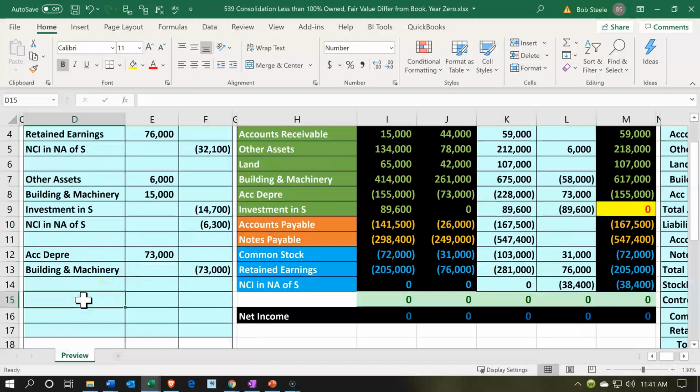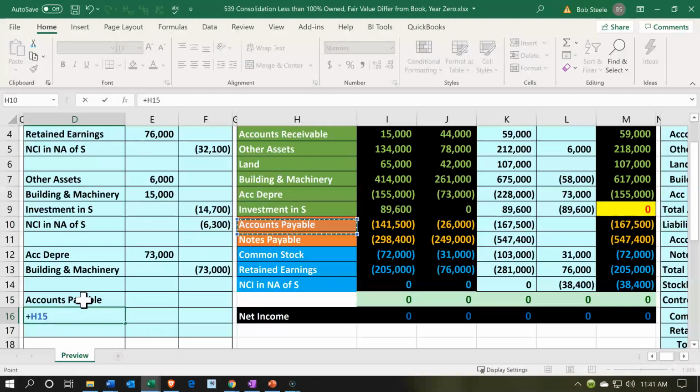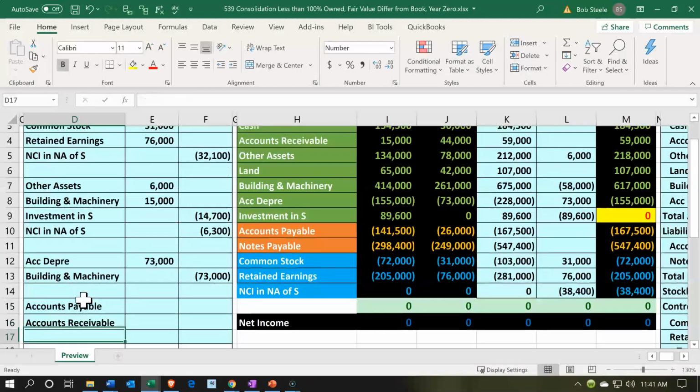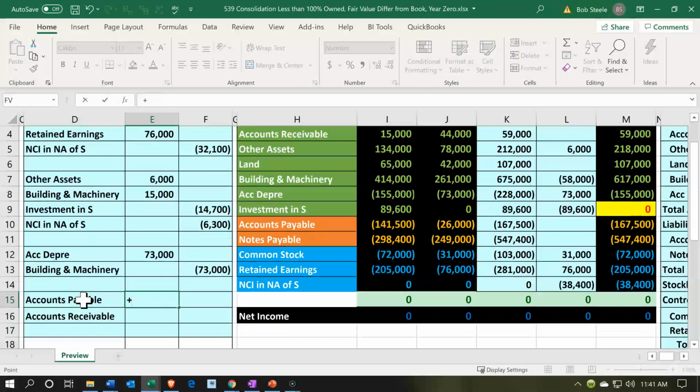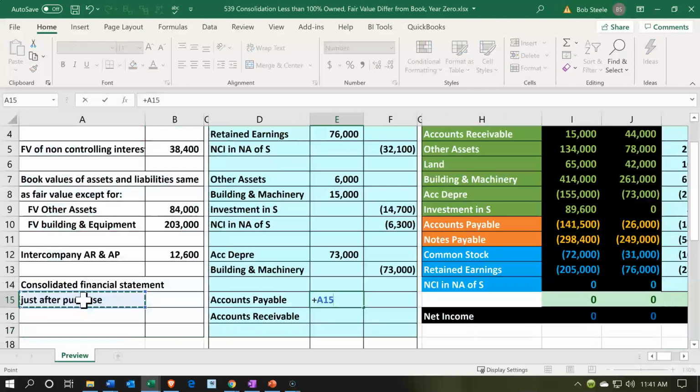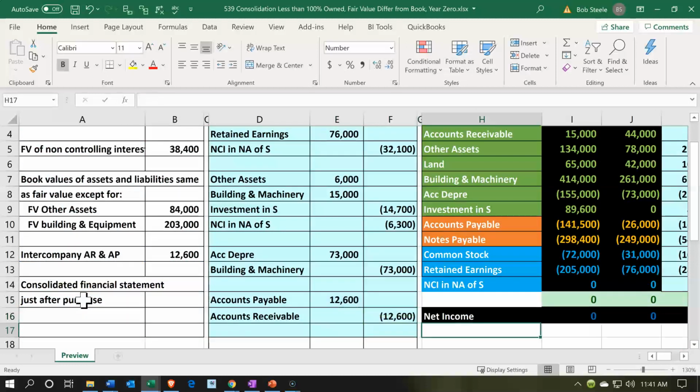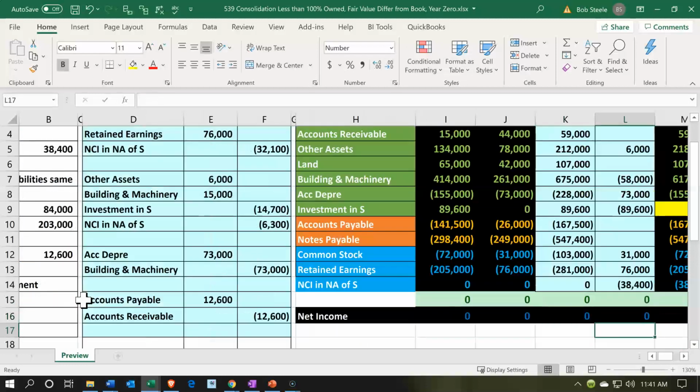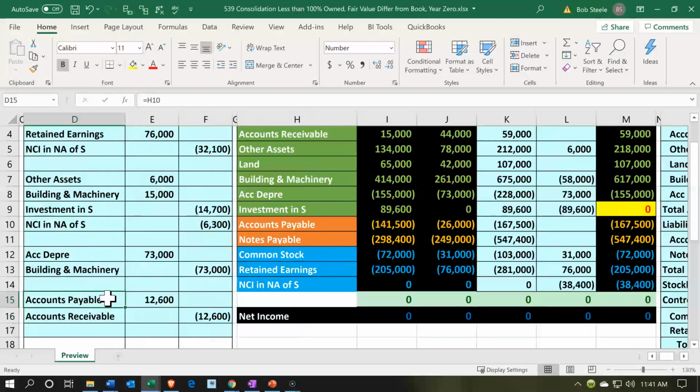So I'm going to say, all right, that means that the accounts payable's got to be debited to make it go down, and the accounts receivable's got to be credited to make it go down for the amount that is included. That's going to be the 12,600. Doing this pretty fast as well because we have seen this in the past. I don't think this is the most complicated component of the problem, but we want to just add more complications